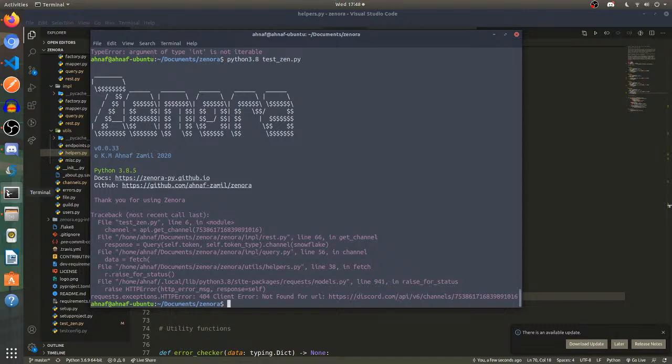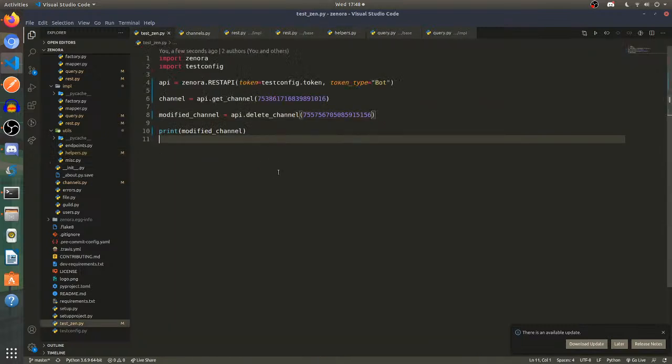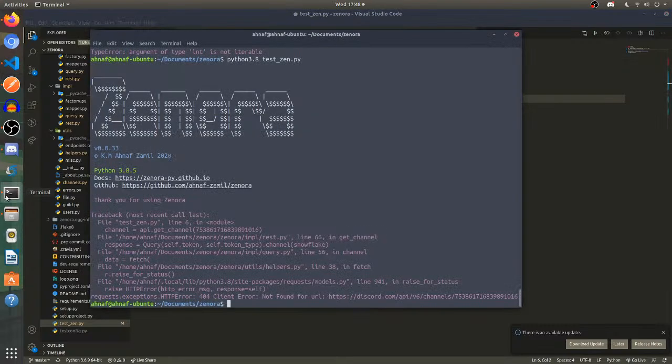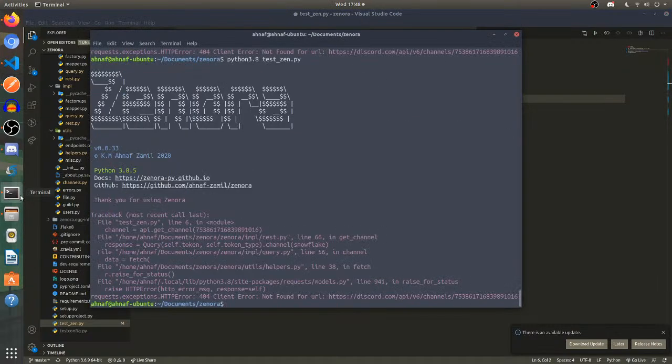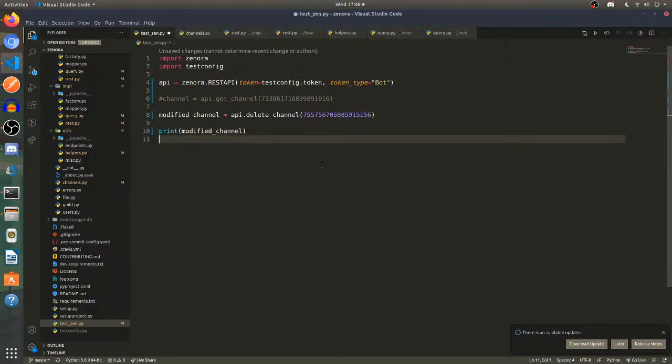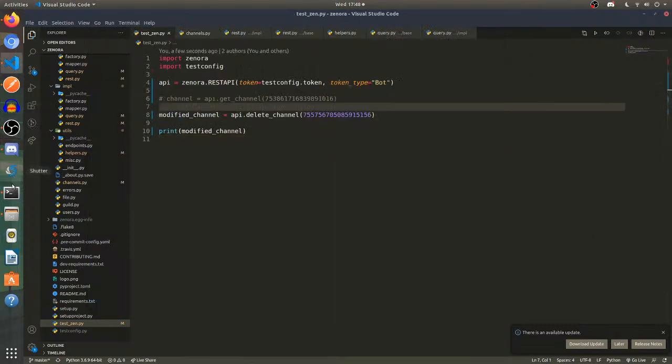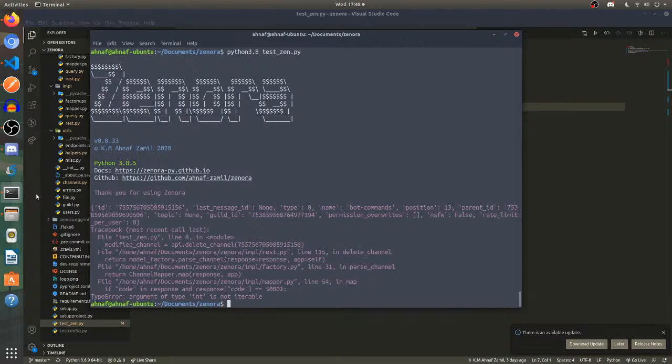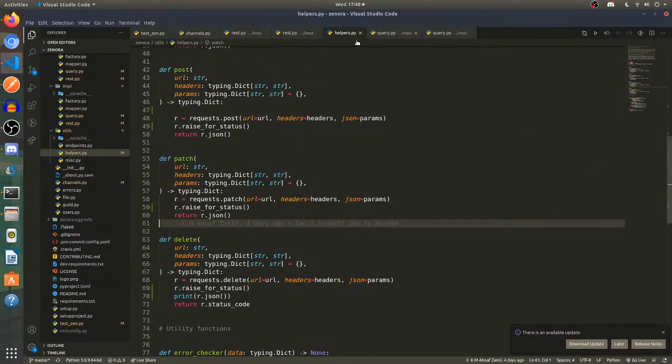Error not found for URL. What have I been using? Sorry, the get channel is giving me the issue. Not found for URL. Isn't it saving? Okay, yeah, it is working.